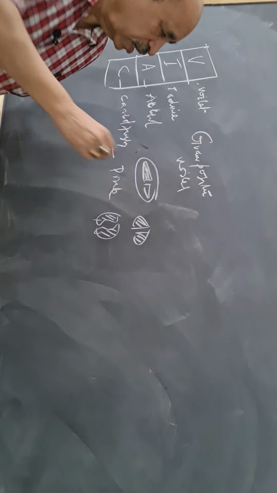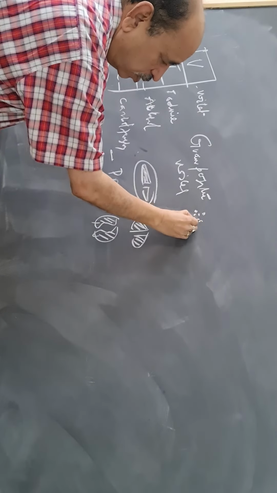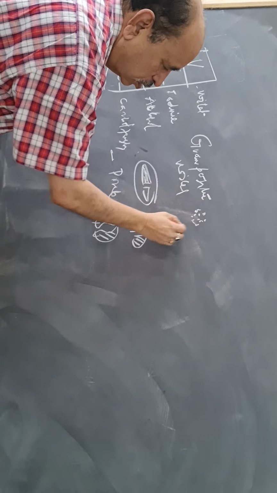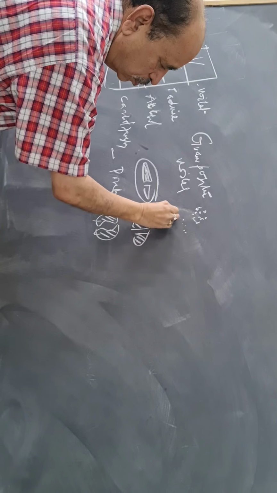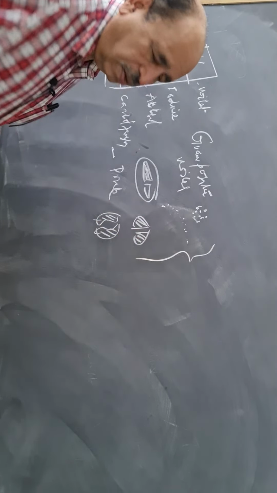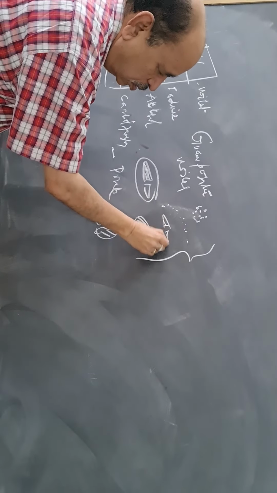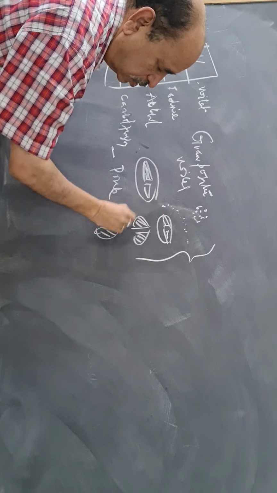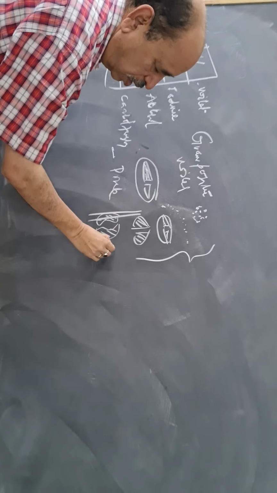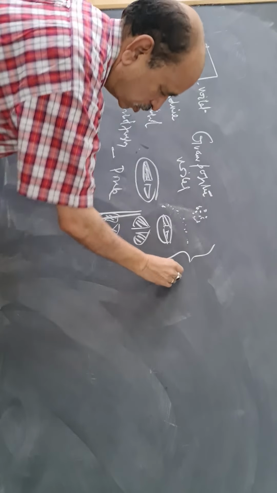The first 3 cocci are gram positive. And the next are gram negative. These are gram positive,